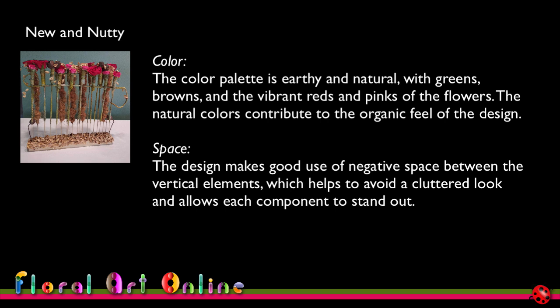But perhaps I would have liked it almost reflected, as in a softer colour across the base, or somewhere a bit lower down. Maybe just a little bit interspersed within the shells on the base, as though the petals had fallen down, just to give it that balance of colour that I feel is missing from the design. So space, the design uses good negative space between the vertical elements, which helps